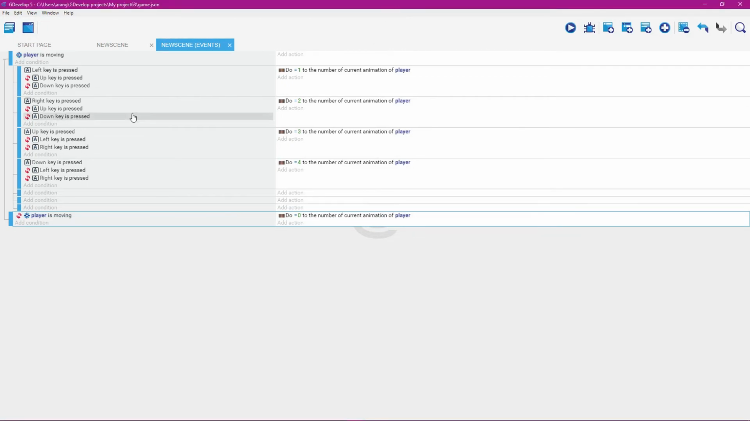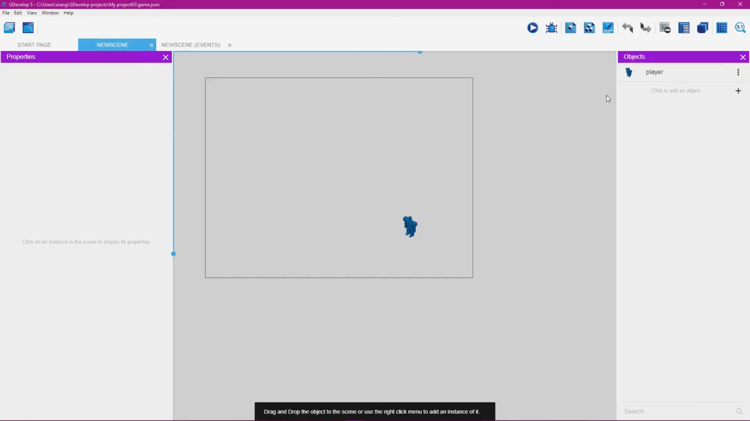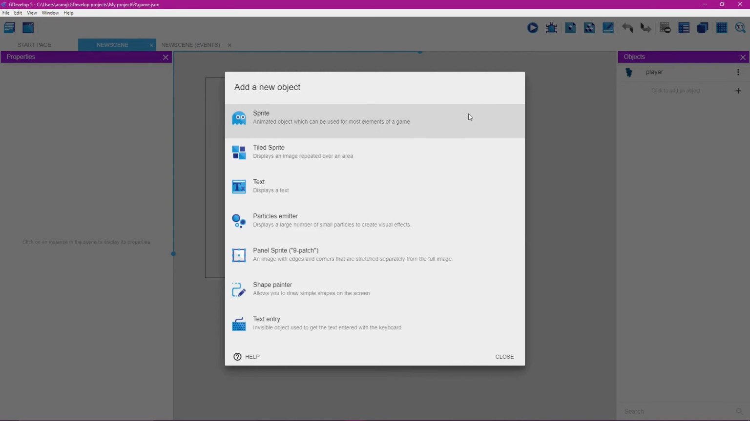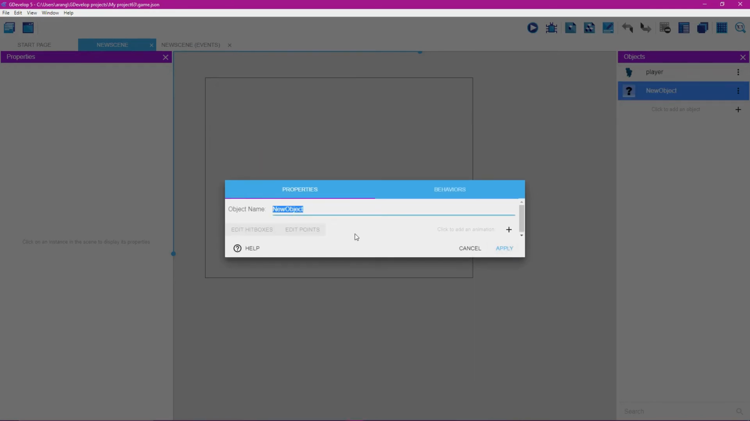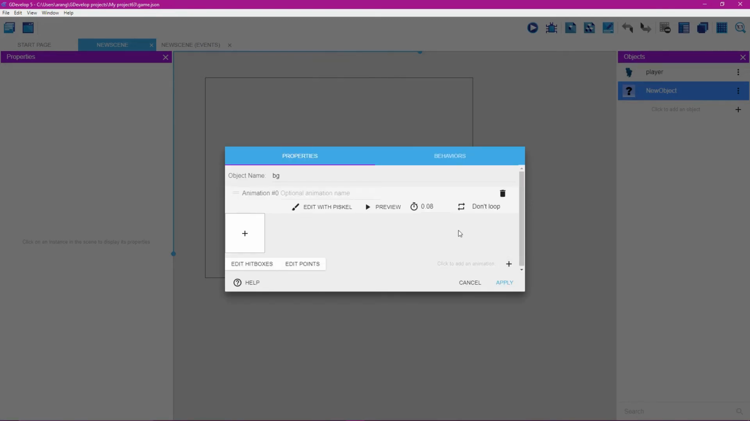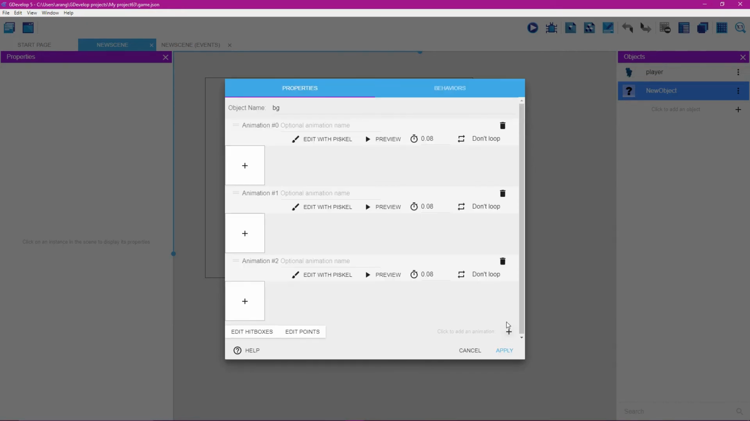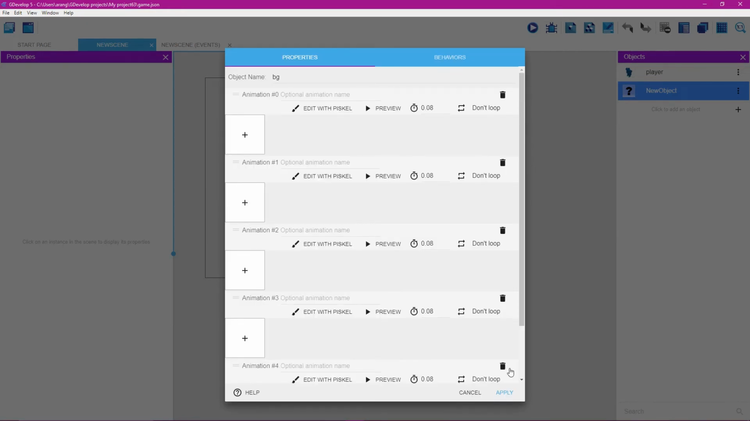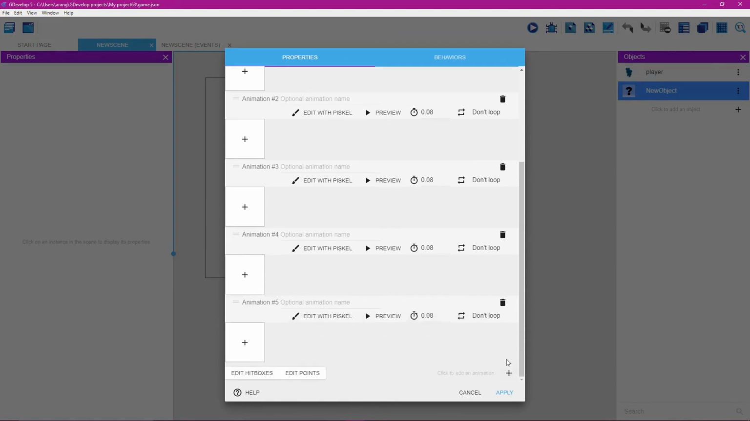Okay, what we're going to do now is click on New Scene. We're going to look to our right. We're going to click this plus button to the right. We're going to click Sprite. We're about to bring in our background picture, so we're going to name this BG. We're going to click the plus button to the right. We have 9 pictures to bring in, so we're going to look to the right. We're going to click this 8 more times. So 2, 3, 4, 5, 6, 7, 8,